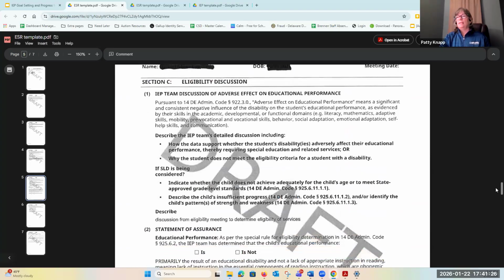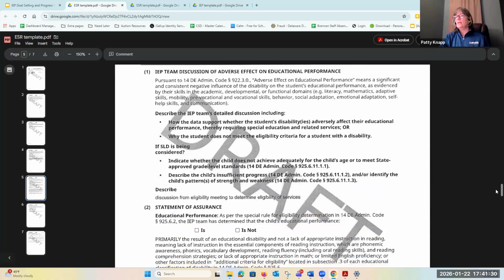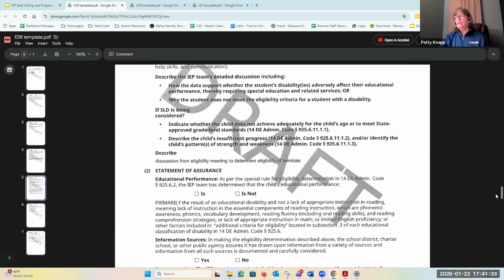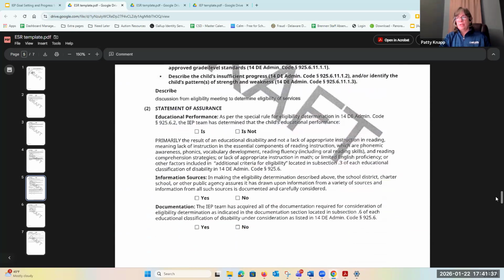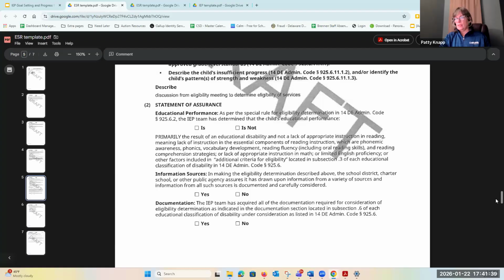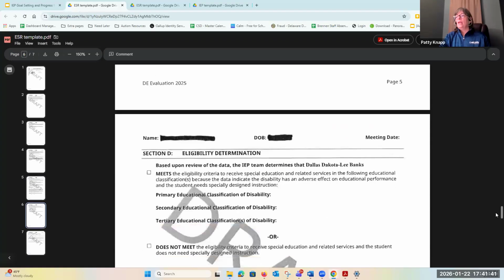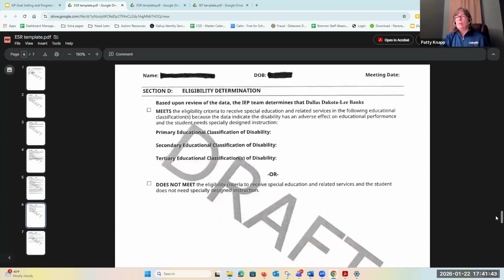And so there isn't any information in here because this is just a template, but it goes through and talks about the discussion of an adverse effect on educational performance, what is being considered. There is the statement of eligibility, whether the student does qualify for special education services, and then that decision of that primary educational classification. There are occasions where students might have a secondary classification.